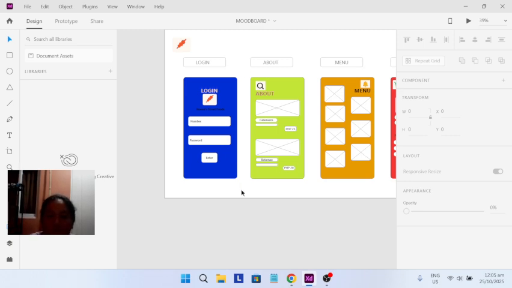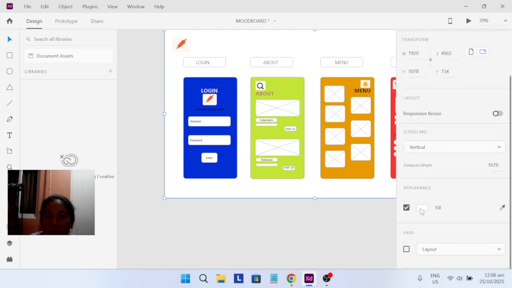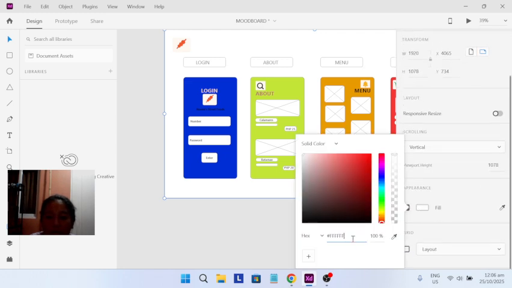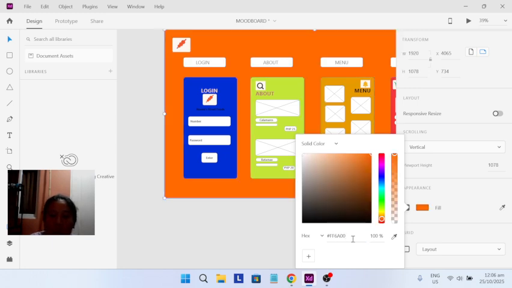Let's try this color na lang. No. Just nothing.